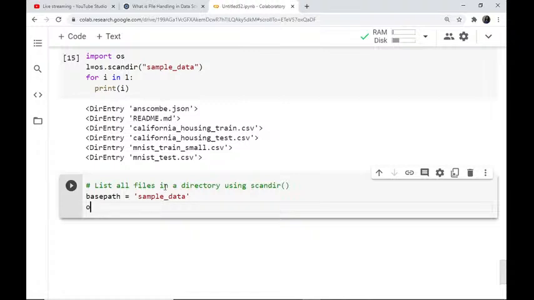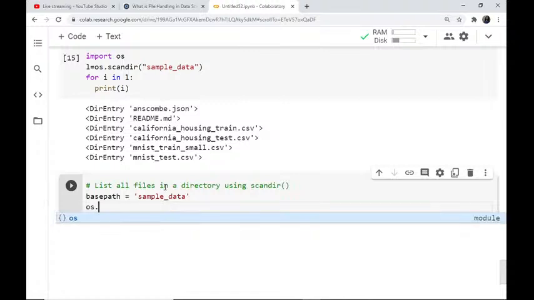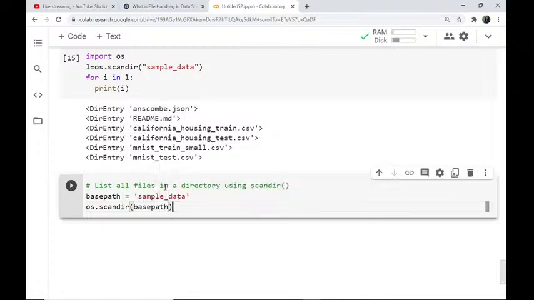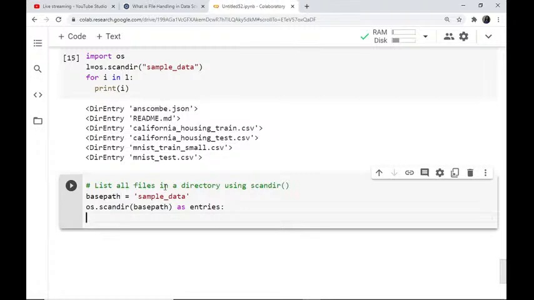And then I'm writing here os.scandir, and from the base path, you can give any name to this variable, as entries. And inside this I'm writing a certain condition: for i in entries,